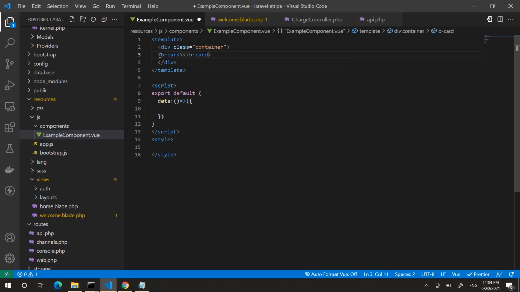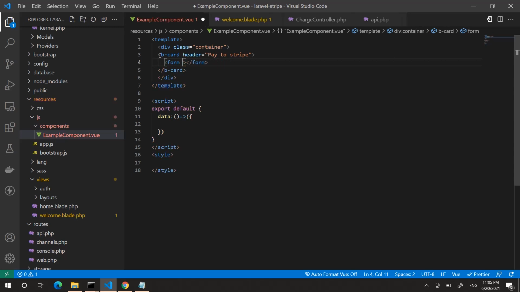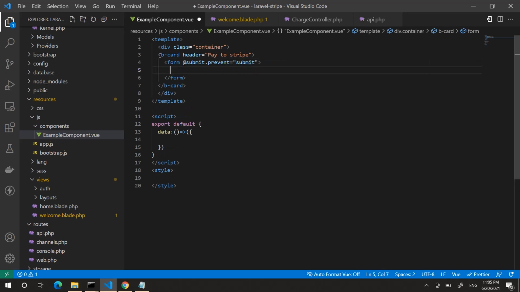What we do, we clean it a little bit. B-card. Here is pay to Stripe, and form. @submit.prevent, we call a function, name it submit. Okay, and inside the form we define some input elements,